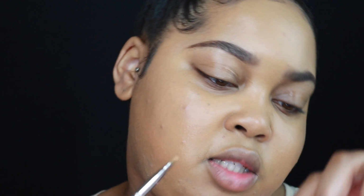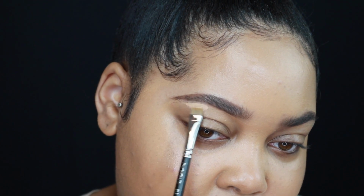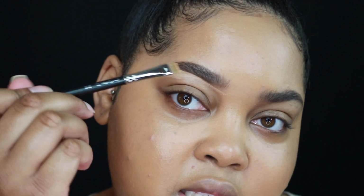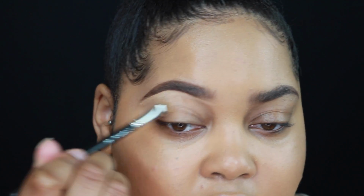I like to see my brows on before I start my eye makeup because I have a few scraggly hairs and I don't really have time to tweeze them. I'm going to take a little bit of my NARS, what is this called? Soft Matte Complete Concealer, and I'm going to do the concealer trick because I want my eye look to look as crisp as possible. This is a MAC 212 brush, and I just apply a little bit of that